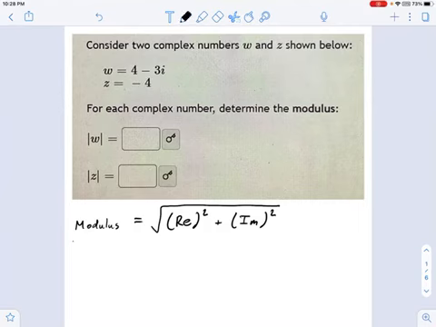When you start graphing complex numbers in a coordinate plane where there's a real axis and an imaginary axis, there's a special term called the modulus. And that's basically a measure of how far your complex number is from the origin. Rather than getting too far into this, I just want to keep it simple.